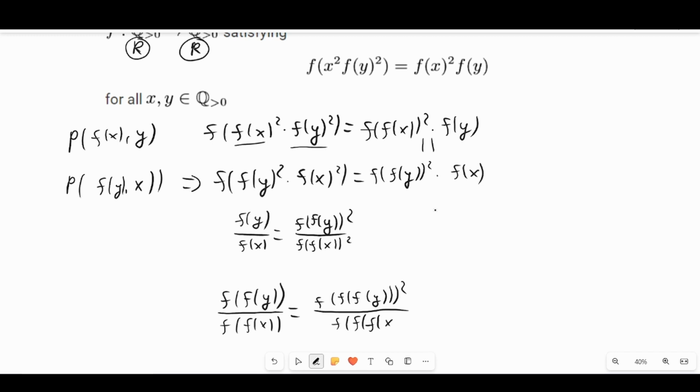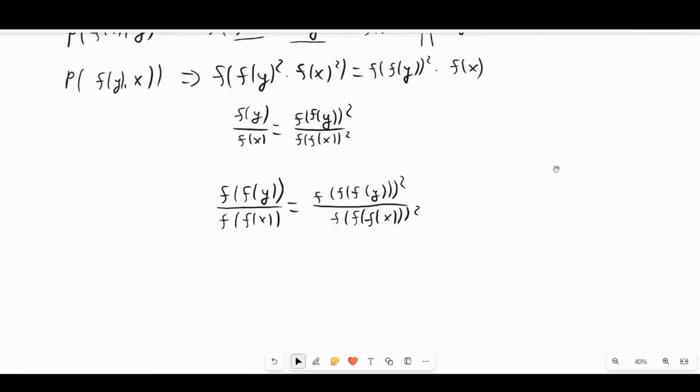And if we look at the left hand side, if we take this to the square, we get f(y) over f(x) squared. So if we take this into square, f of f(y) over f of f(x) clearly equals f(y) over f(x),